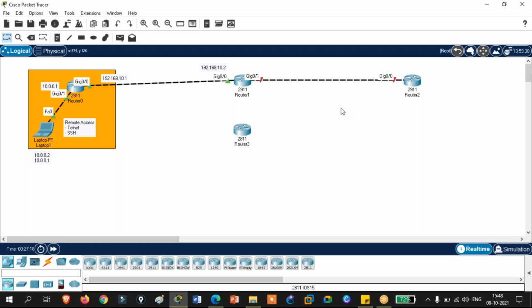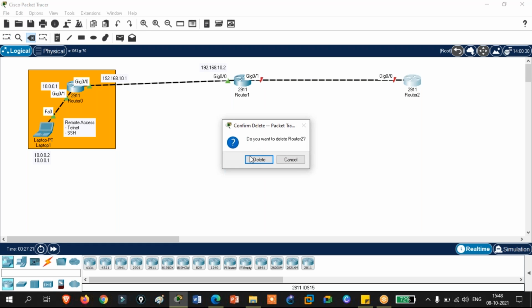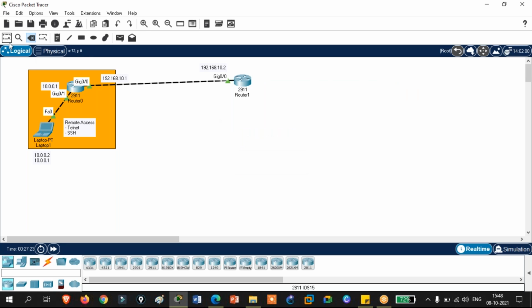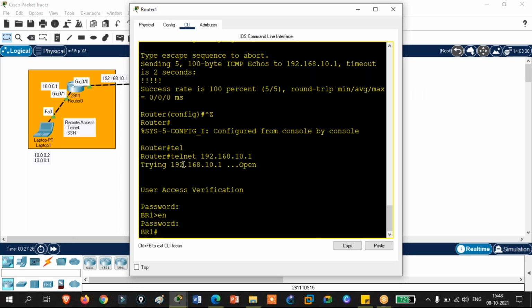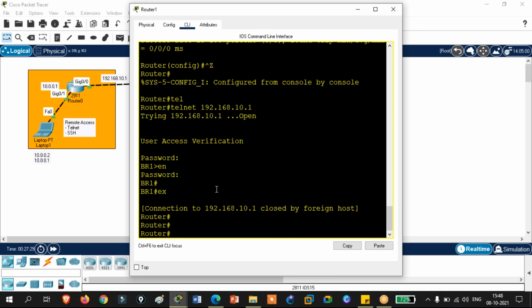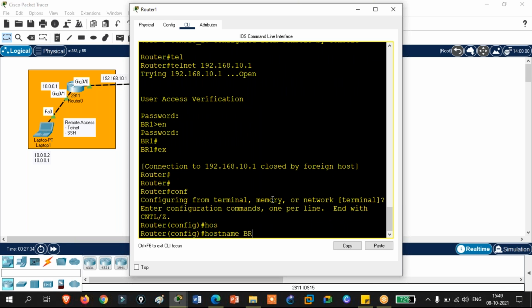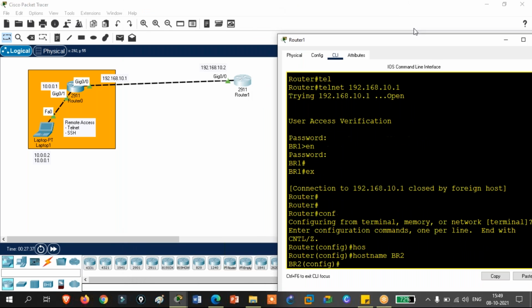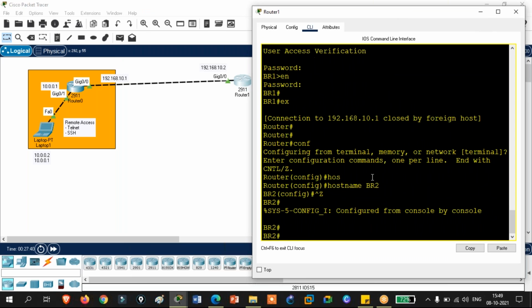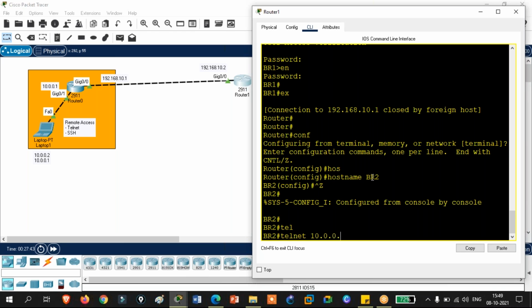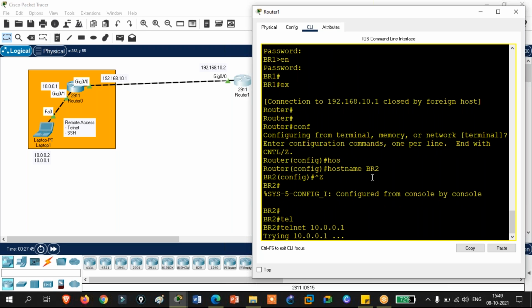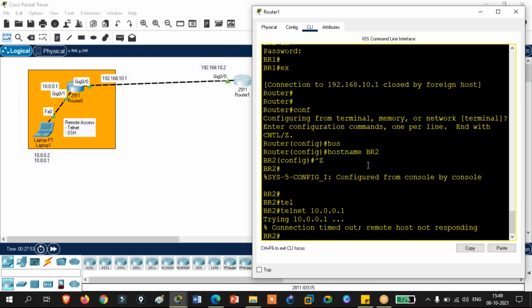Okay, this telnet thing is, I think, clear to you. But the interesting thing here is this. From this device, I was able to take telnet to 192.168.10.1, this IP here. But let me configure the hostname first on the second router. So right now I'm on this second router. If you try to take the telnet by using 10.1, can you take that access? No. Why? Because you cannot ping 10.1 from this router. They are in different domains. If you can ping, only then you can take access. See?